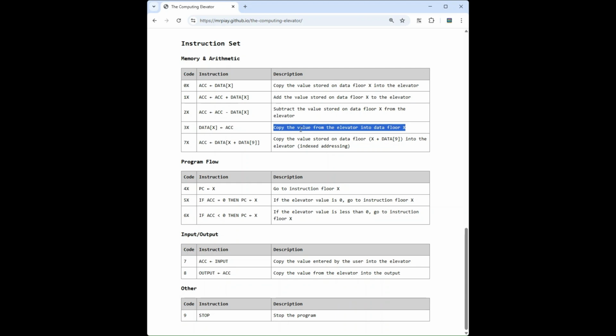Okay, and there's this instruction 7x. ACC = DataX plus data 9. The data 9 part looks interesting. What's happening there? Good catch. This introduces a concept called indexed addressing. Indexed addressing. So instead of directly specifying the data floor, like